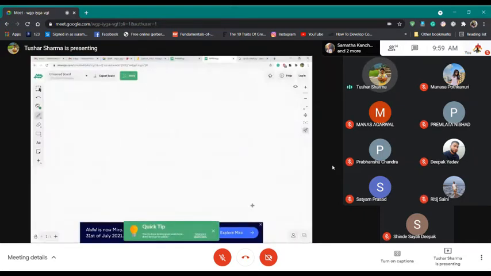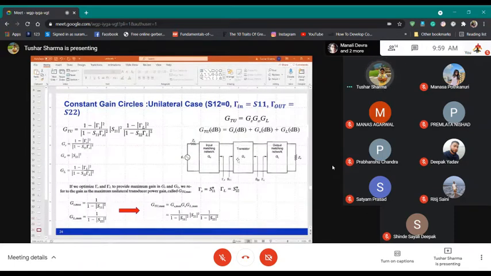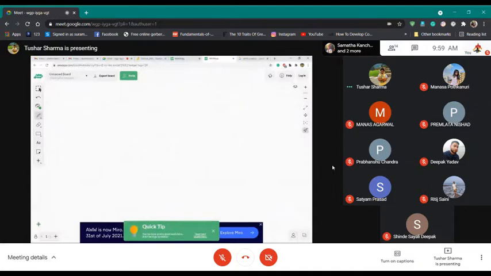What is gamma in and gamma out again? So again, going back, actually I put an image. Yeah, this one. I love this image. Basically what is happening here is, for a given transistor, you have your gamma in and you have your gamma S. Gamma S is looking towards the source. Gamma in is looking towards the transistor. Similarly, gamma out, gamma L, looking towards the load. Whatever the load is, say 50 ohms.